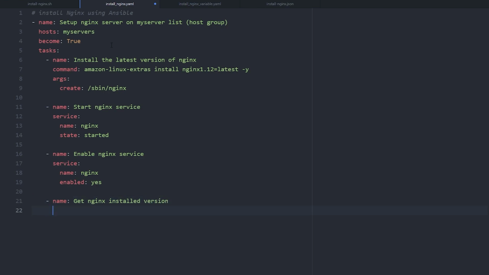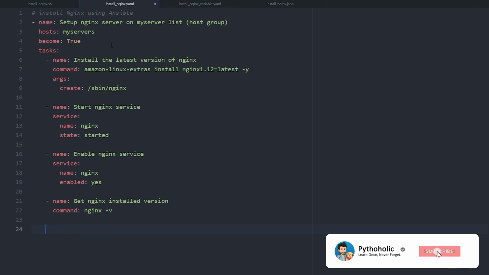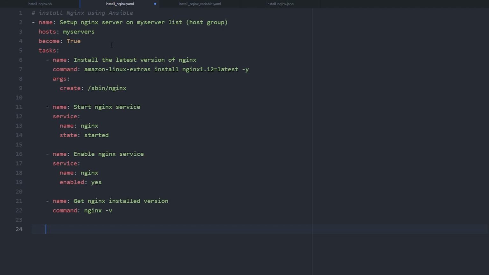And this can be achieved by using just a simple command module. The command will be nginx -v. The next thing, we wanted to grab the status of the Nginx service. So what we can do is we can just provide one more name here, and we will just type in the name as get status of Nginx service, and I'll give another command,